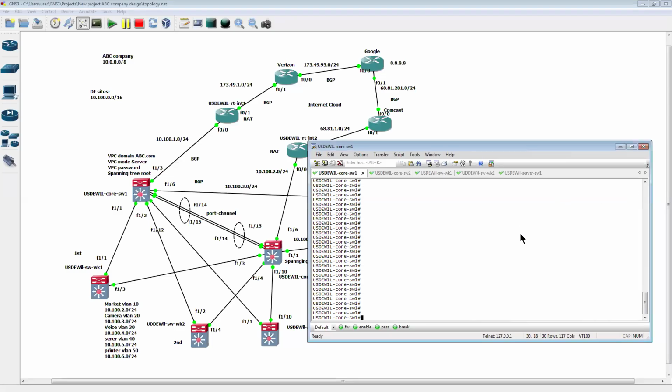All right, so we continue from last time. Remember, last time we already configured all the trunk ports between all the switches. There's a port channel, and then we have a redundant link. Okay, so last time we left off from a